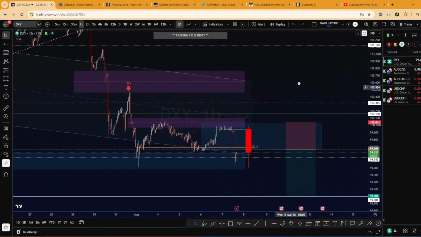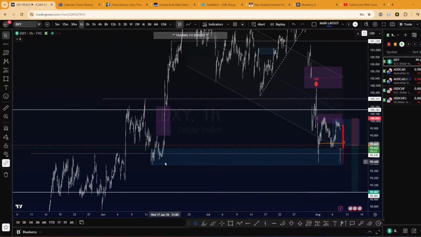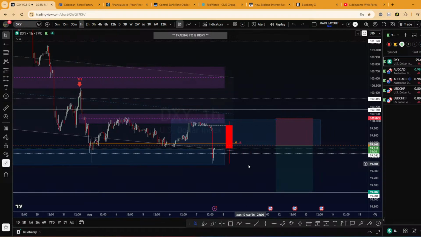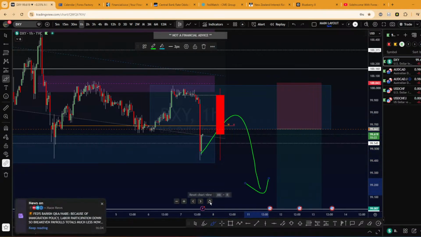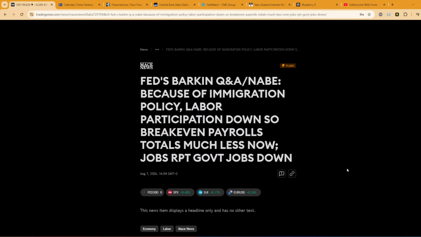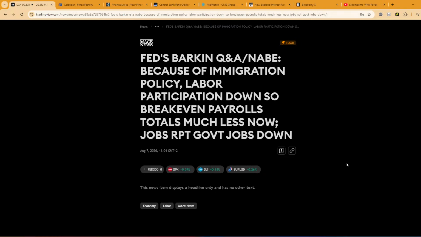On the DXY it seems like we are holding on this level. So let's see if we could reject something like that. This will be interesting. So the Fed speaker, I guess, what did he say? Because of immigration policy, level of participation down. So breaking even payroll total. What did he say? Because of immigration? Of course, when you start to